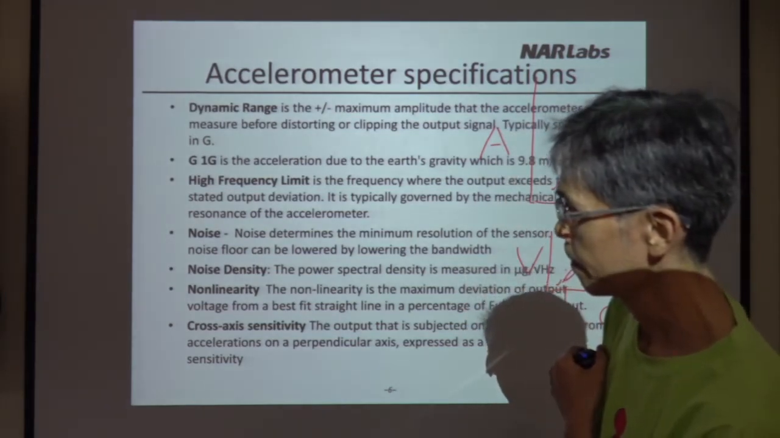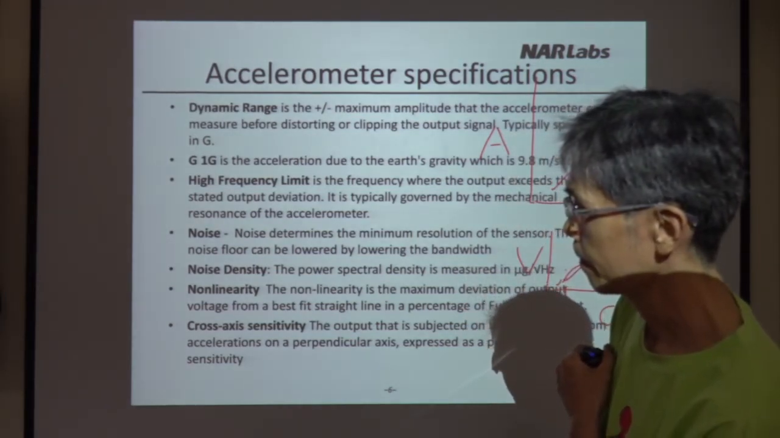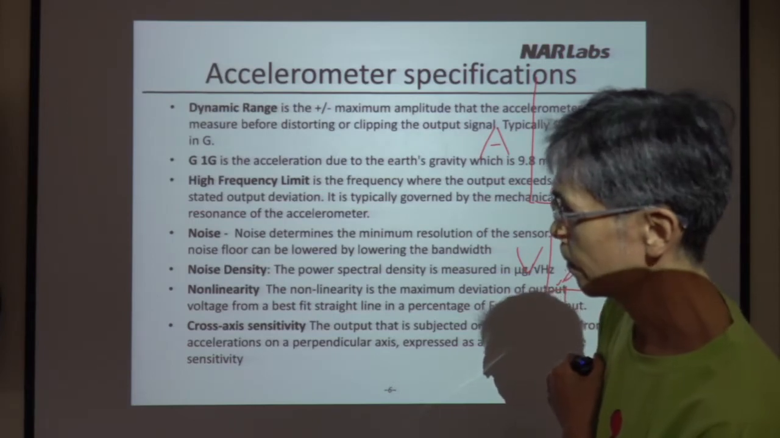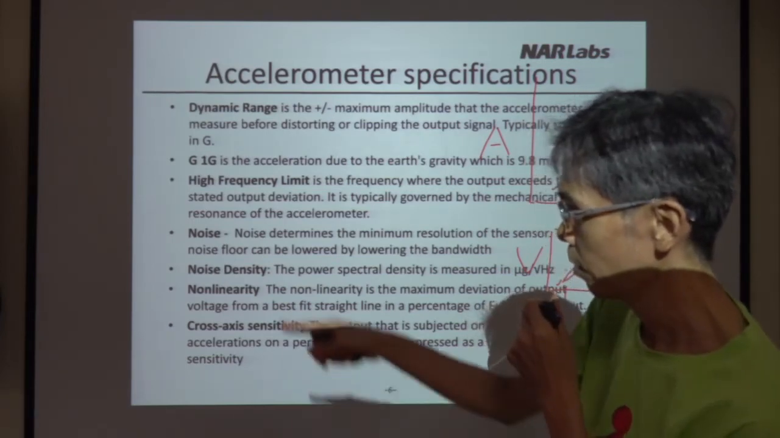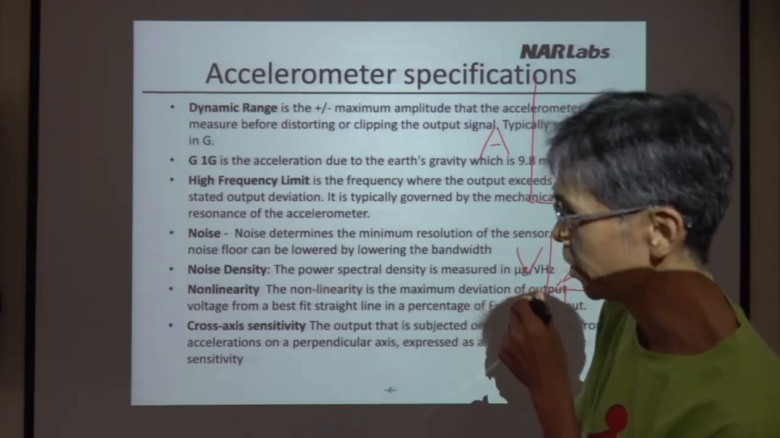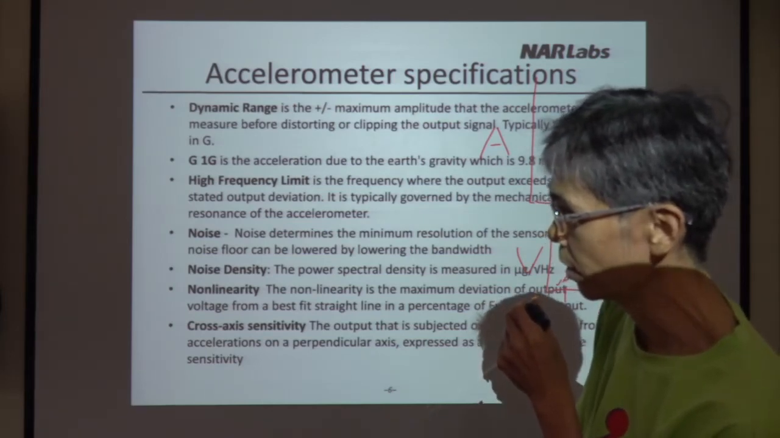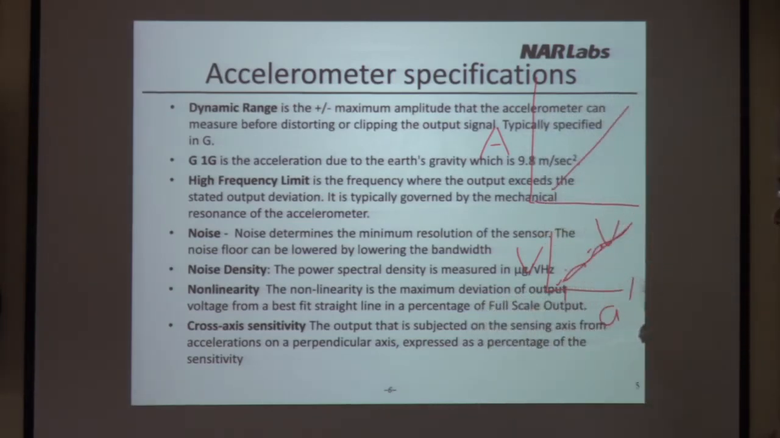Non-negative and this linear. Okay. Hugh, can you repeat my explanation? Nonlinearity. Normally, if we